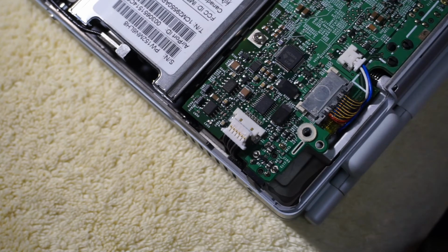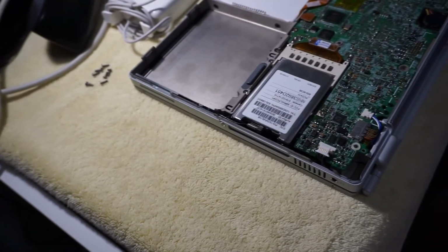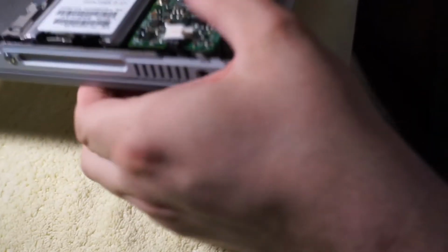Man, I'm really... Let me get this... Gonna back up here. You know, so...